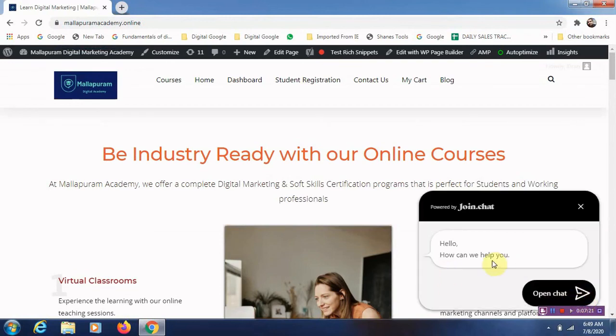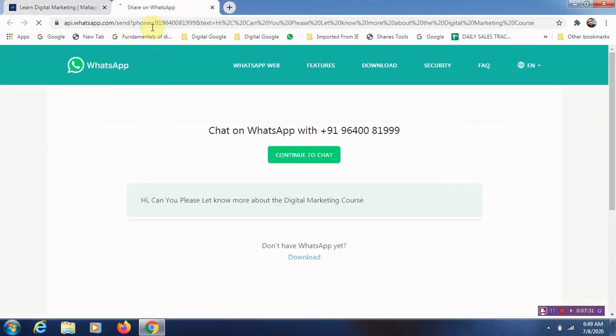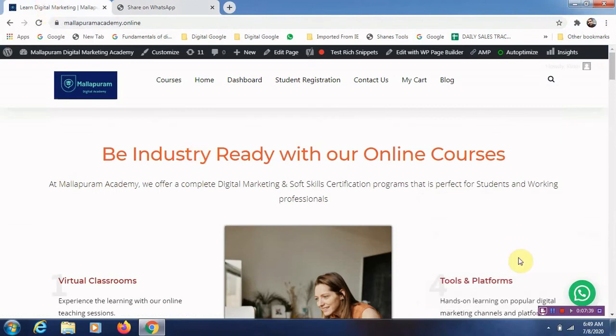So this is how it can be. There are 2 seconds, and once it is done, how can we help you? Now to chat from the desktop, you have to open WhatsApp Web in a browser. This is how it is. Now whatever it is, continue to chat. He has to connect his phone's WhatsApp here to chat from a desktop, or else from a mobile phone it is not required. Okay.